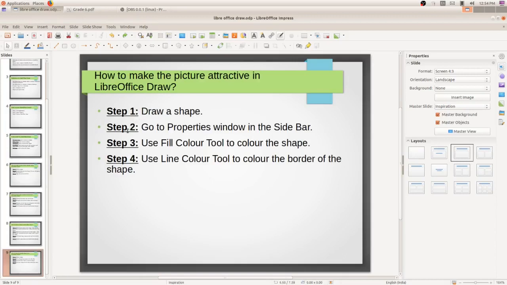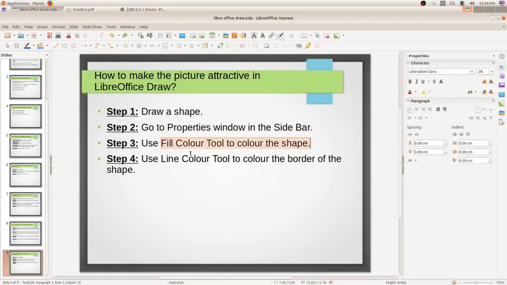Step 2, go to the properties window in the sidebar. I'll show it, don't worry. Step 3, use the fill color tool to color the shape. What is step 4? Use the line color tool to color the border of the shape.